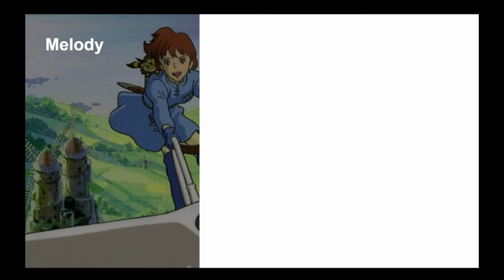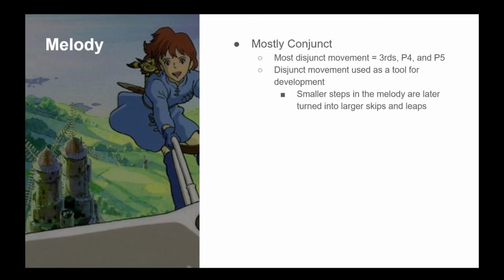Here, we don't see anything too new. It all seems to coincide with what we've come to expect from the previous 3 pieces, which is good, because it means that this piece isn't so different that it could end up throwing off the template we're trying to build. First, the melody sticks mostly to conjunct movement, with the majority of disjunct movement coming from thirds, perfect fourths,